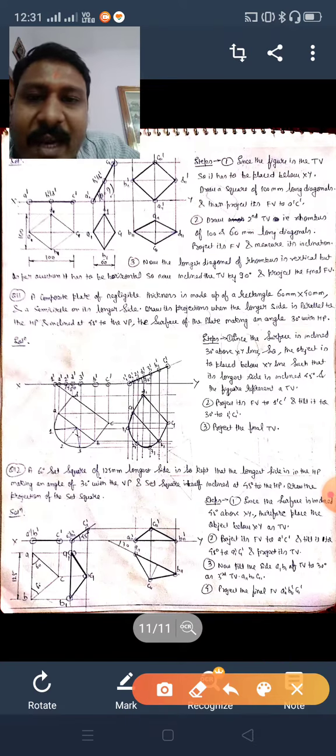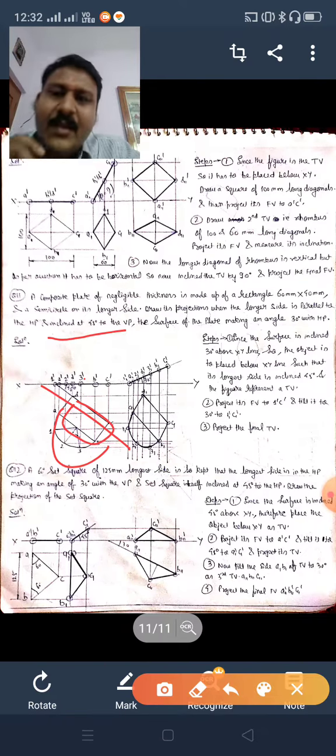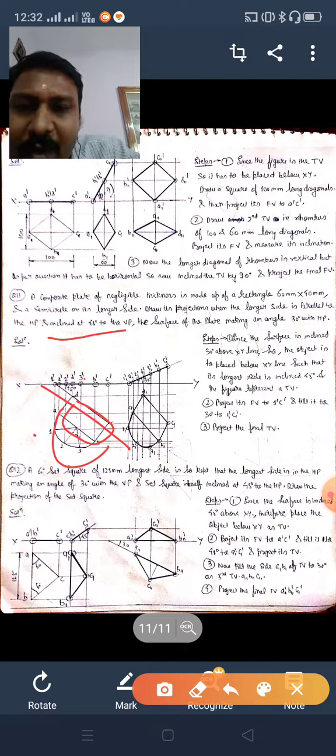So the inclination of side is given 45 degree to VP. Draw a line 45 degree to VP. Put a rectangle here, a semicircle here. Now the semicircle you have to divide. It is very simple. The circle is 360 degree and the semicircle is 180 degree. Divide 180 by 4, and it is a 45 degree angle. So take 45, 45, 45, 45. You will get these 4 parts. Name it, project it. You will get this plane.